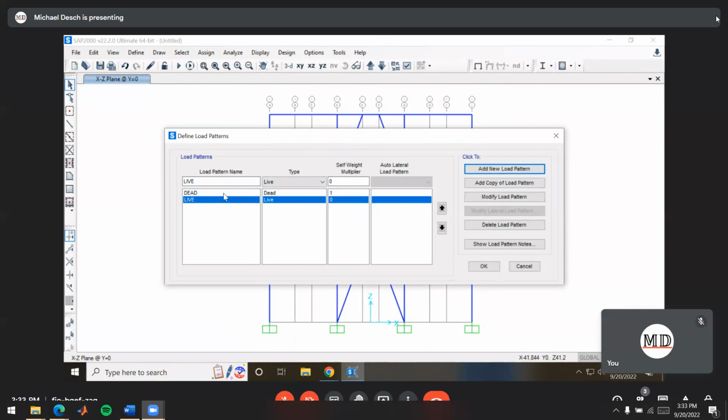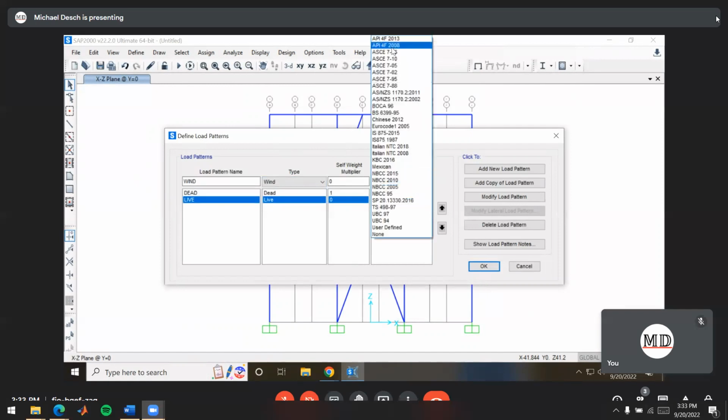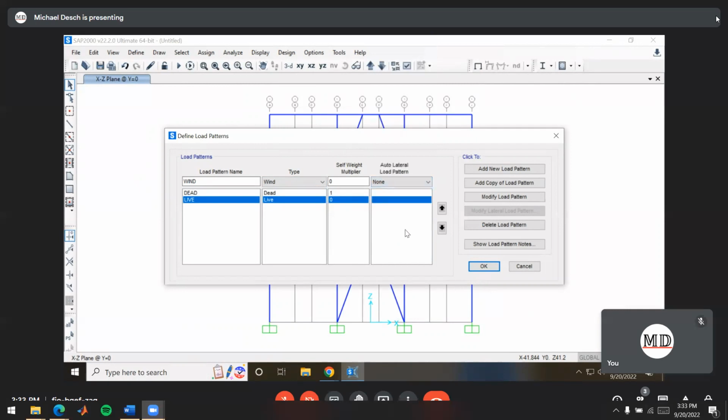And we're going to do the same thing again for wind load. So we're going to call it wind, and click on wind in our list here. It's also going to have a self-weight multiplier of 0. And in the auto lateral load pattern, we have this thing pop up by default. We're going to set this to none, because if you don't, it's going to generate a whole bunch of different types of wind load